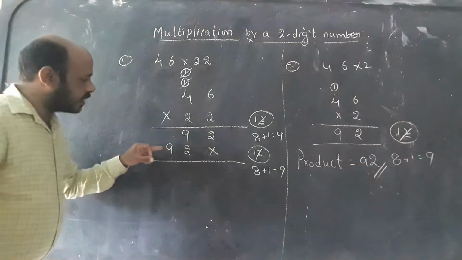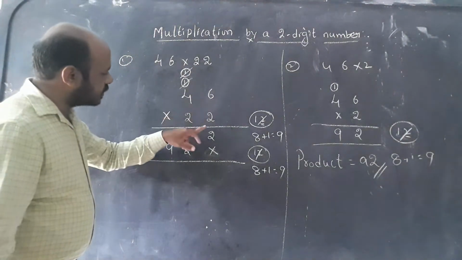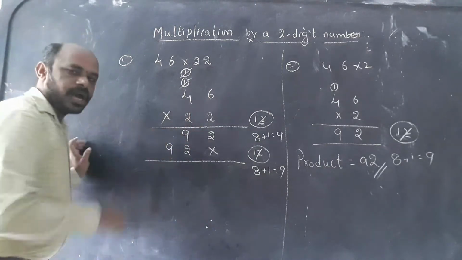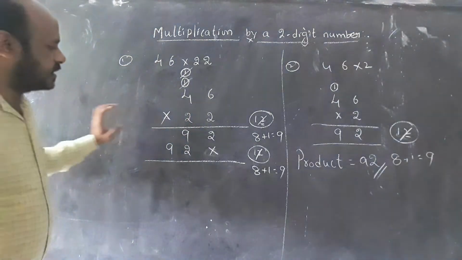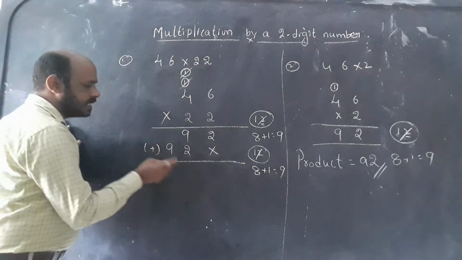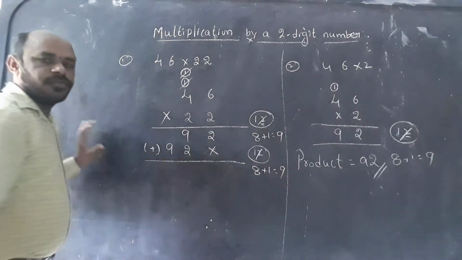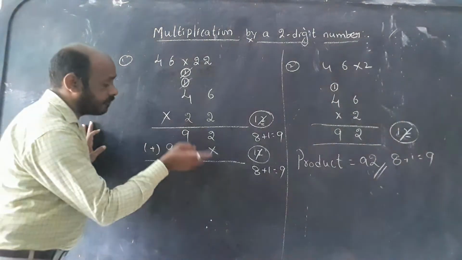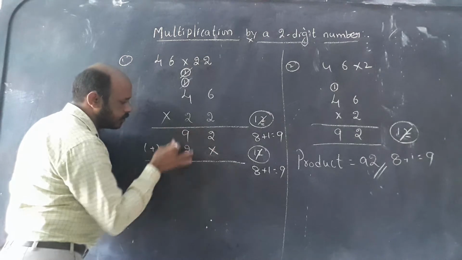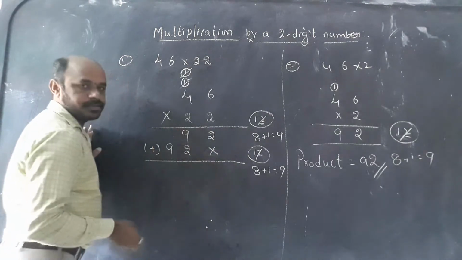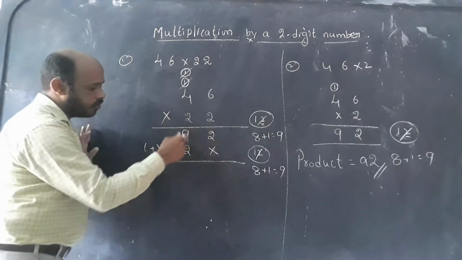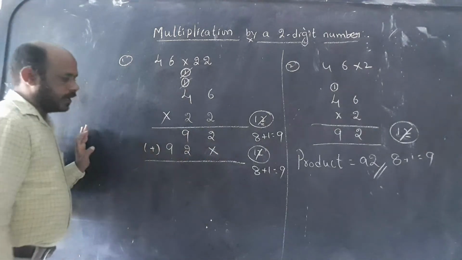After we got here the 2 table 1's place product, we got the 10's place product too. What we have to do after this? We have to add these both. Whatever numbers are in between the 2 lines, we have to add. See, whenever we are multiplying, we compulsorily have to write order wise. See 9 down, 1 number to 1 number down exactly we have to drop.